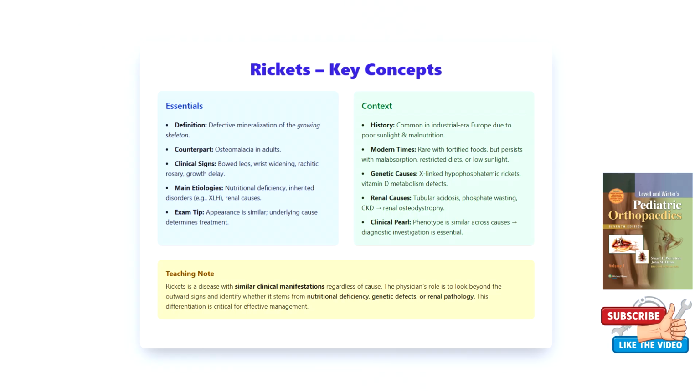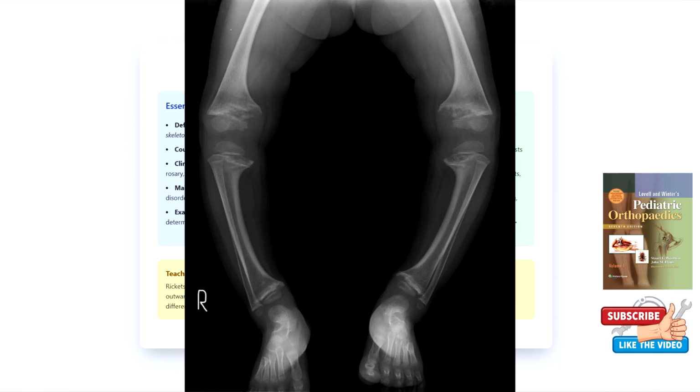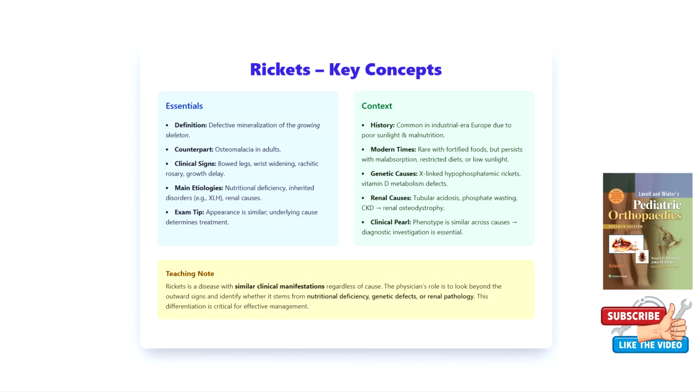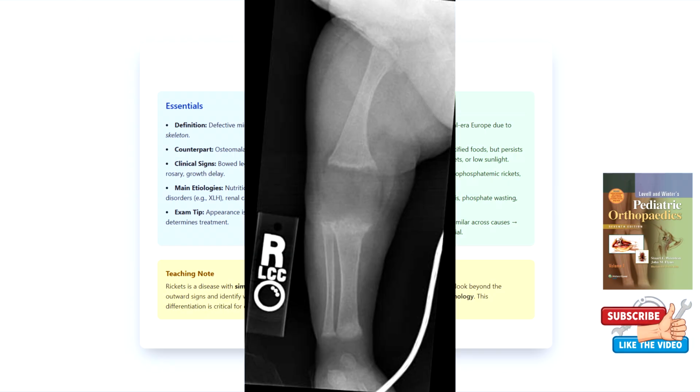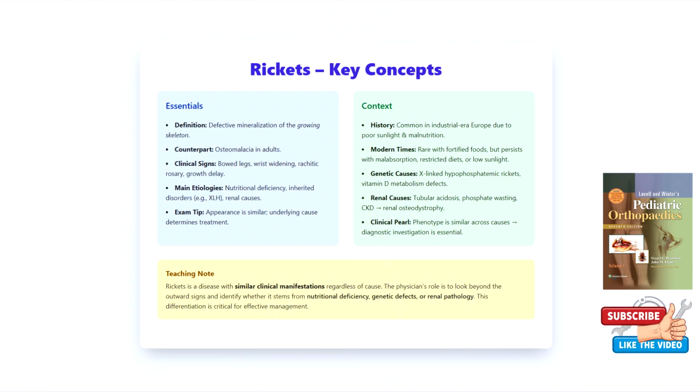Because these features are nonspecific, the clinician must always look deeper into the etiology. So as we move forward in our discussion, I want you to keep in mind two levels of understanding. First, the surface level, recognizing the clinical appearance of rickets, which examiners will surely test you on. And second, the deeper level, the pathophysiology, the multiple routes by which mineralization can fail,